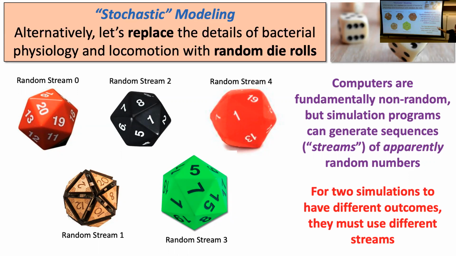So in order for our sims to have different outcomes, we use different random number streams, but each random number stream doesn't actually produce random numbers. It just produces a pattern of numbers that's not very predictable, that is approximately random. But if you rerun the sim with the same stream, you're going to get the same outputs every time, which is why we end up running the sims with multiple random number streams.